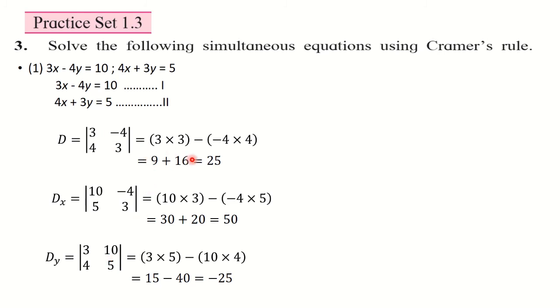Then solve them by our regular method, by cross multiplication. Don't forget that in between the minus sign is there, and if you have one more minus sign, don't forget to write the number in bracket. You know that two signs cannot come together without bracket. So don't forget to write the bracket here if a minus sign is there, or you can write down the bracket by default only, so that you will understand that we have to solve the bracket first and then we have to go for addition.